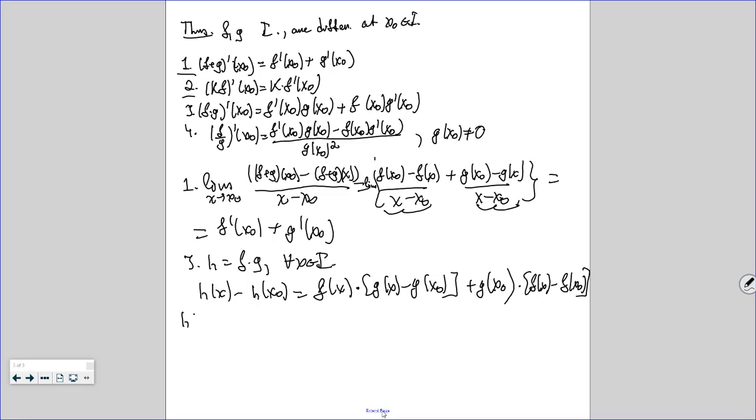Now if we divide by x minus x0, where x does not equal x0, we get that this is equal